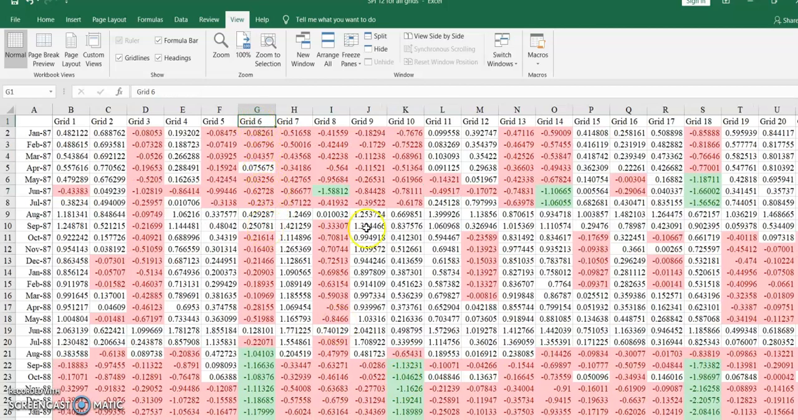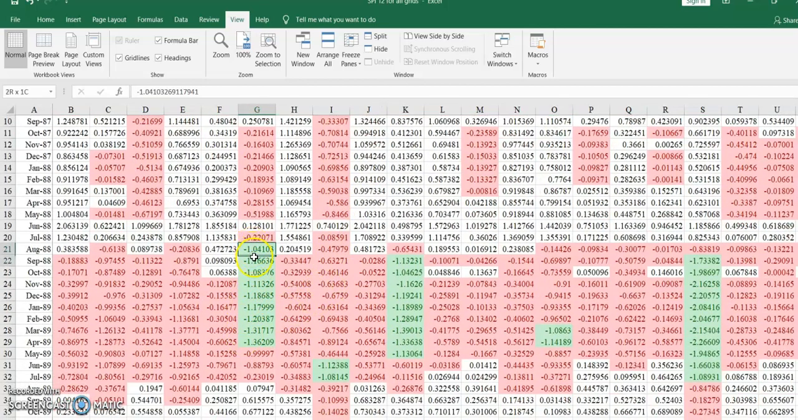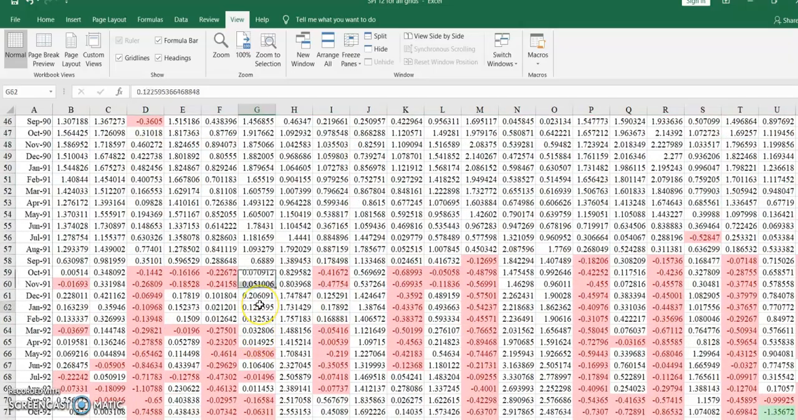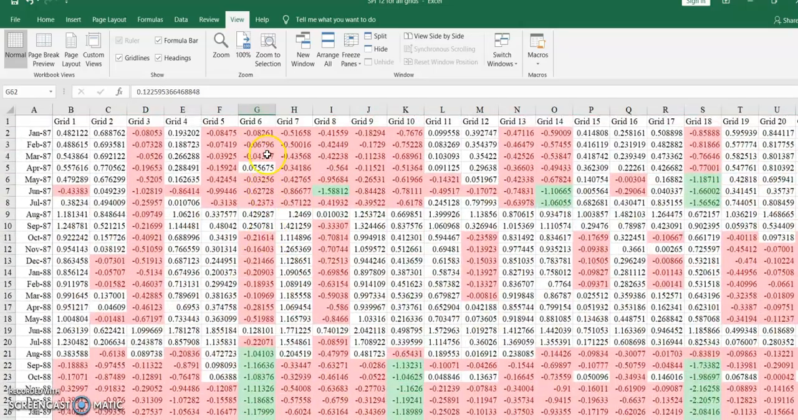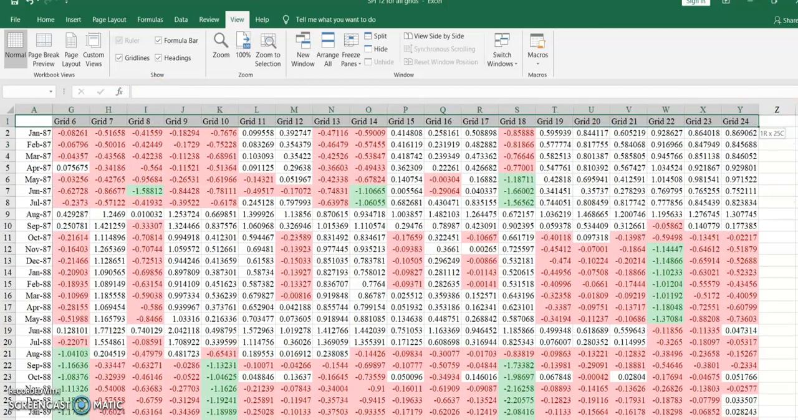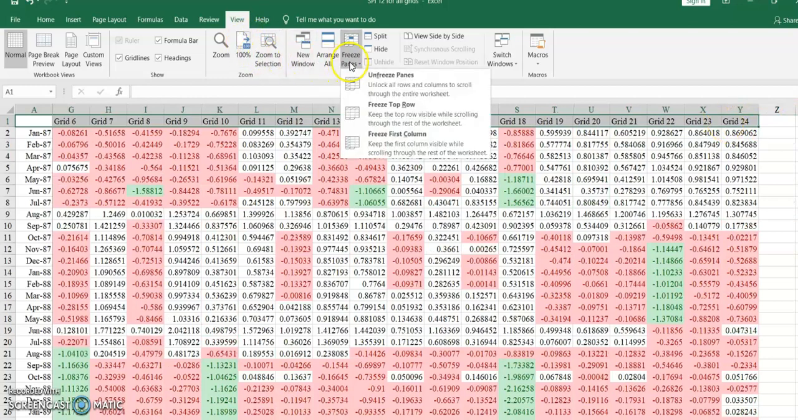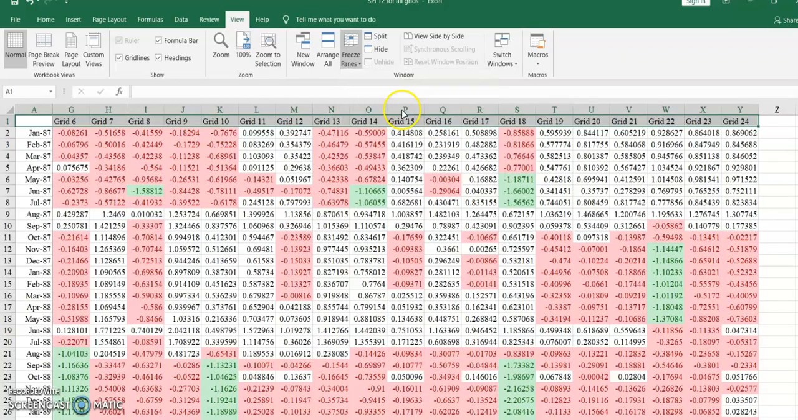Suppose this is grid 6. I want to read this value, but I know this is grid 6. So we can do it in one way. If we want to do it, select it, then Freeze Panes, Freeze first row,